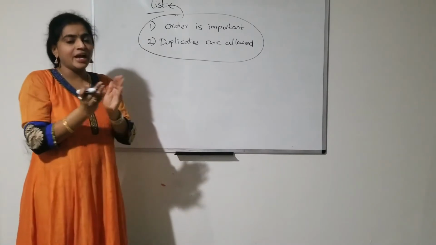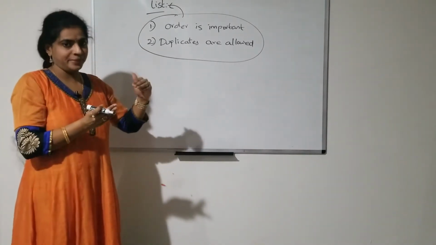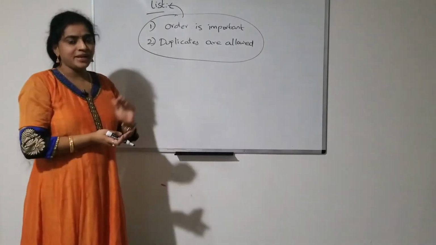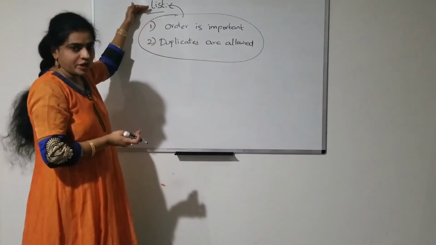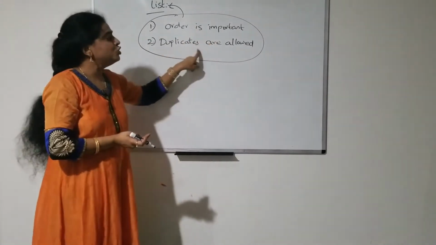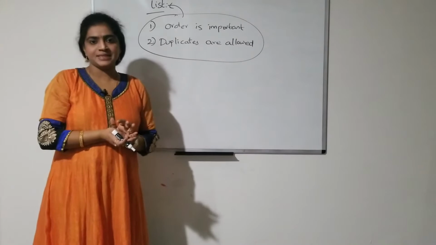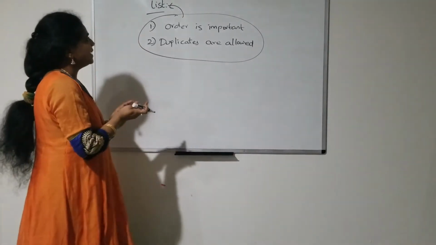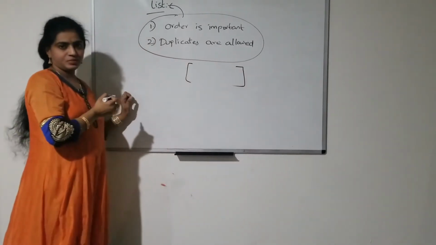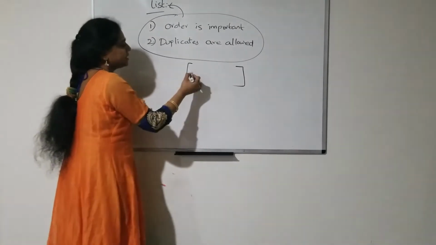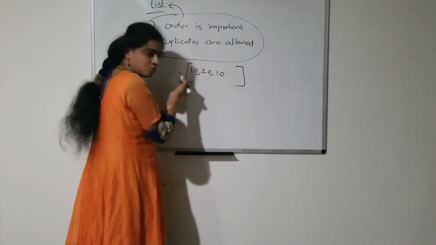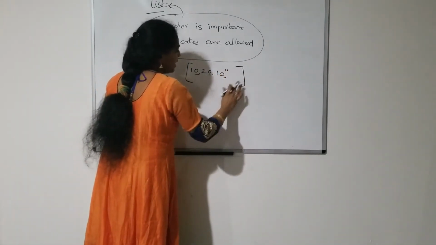What is meant by a single entity and how to collect the objects as a single entity, I will explain. What are the two properties that the list data type has to follow? The order is important, and the second one is duplicates are allowed. What is meant by duplicates? I will explain now. Here the list data type should be represented in square brackets. In these square brackets you can write some elements, some values. These are called objects, right? So, here I can write